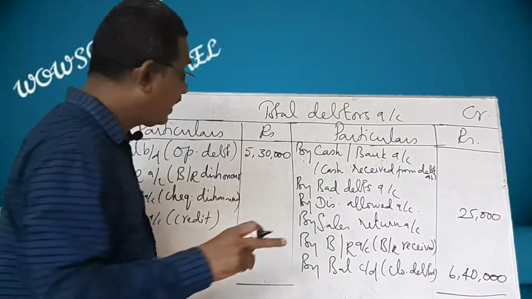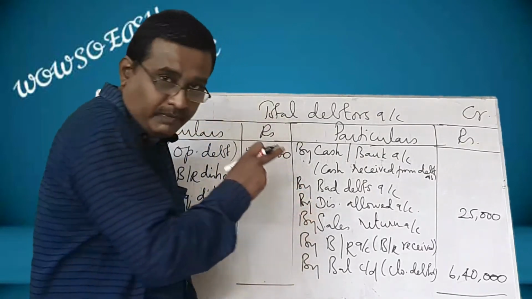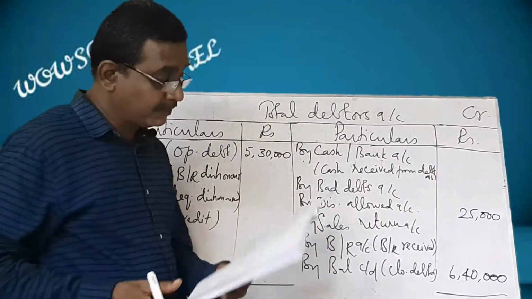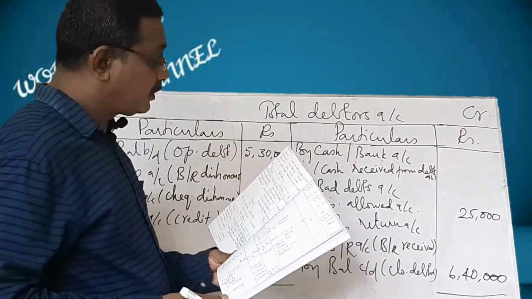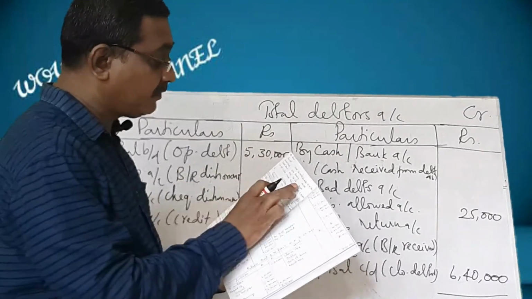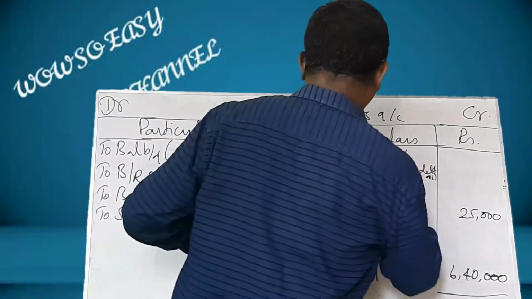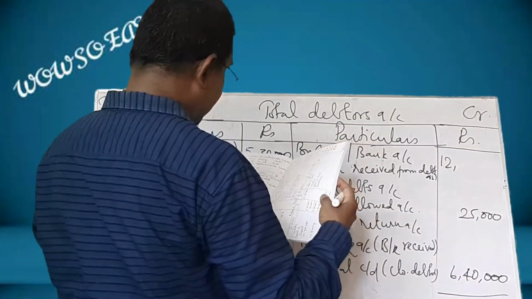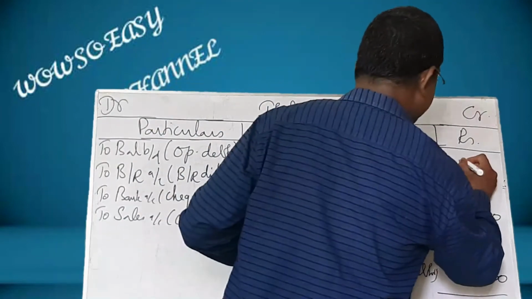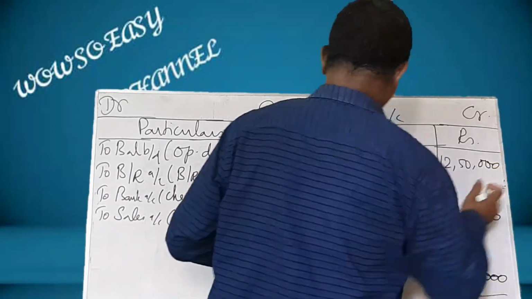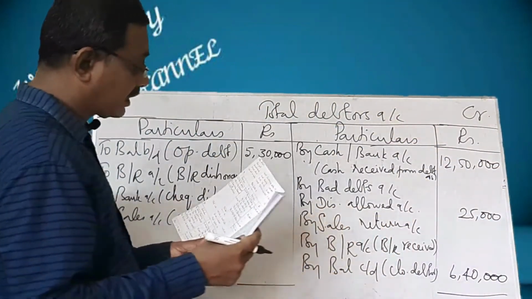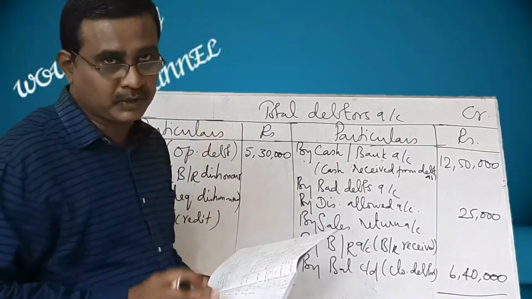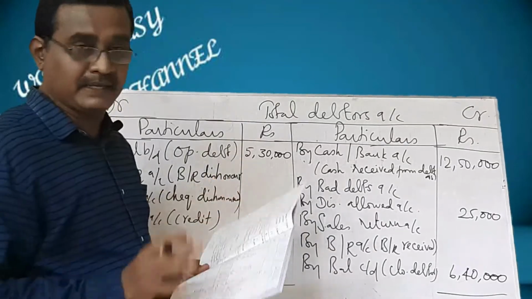Students, remember again this discount allowed will be taken to the profit and loss account debit side. And then cash paid to creditors, leave that. Cash received from debtors 12,50,000. And drawings will not come here. Cash sales, this will be taken when we go for finding the total sales. Capital is on, leave that.